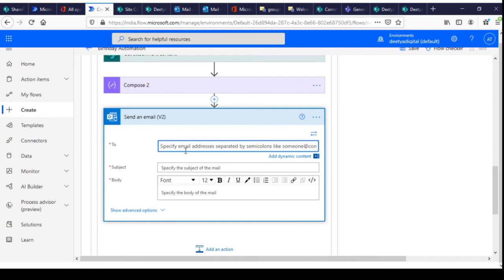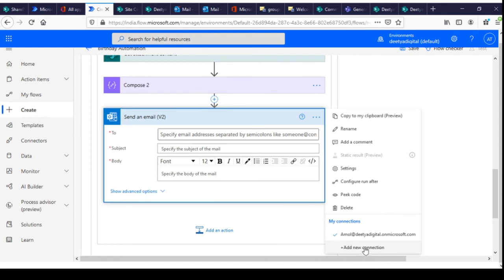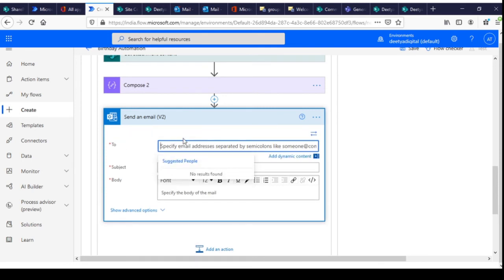By default, the sender is the owner of this particular flow. You can change that connection from here, add connection. Right now my connection is added. You can add a connection and remove your own. Whosoever's connection is connected to this send an email, the mail will be sent from that particular person's id.